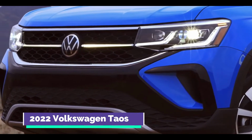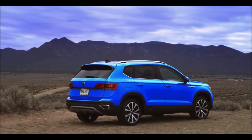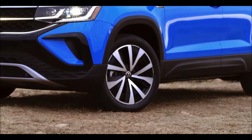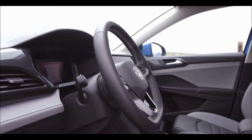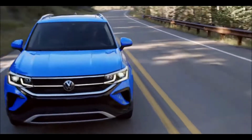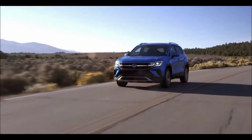2022 Volkswagen Taos. The all-new 2022 Taos truly checks all the boxes for a compact SUV. It's a compact SUV that's versatile, has bold VW styling, enough cargo space for an average American family's needs, and a turbocharged engine under the hood. The Taos is powered by a new 1.5-liter supercharged inline-4 and delivers a very honest 158 horsepower and 184 pound-feet